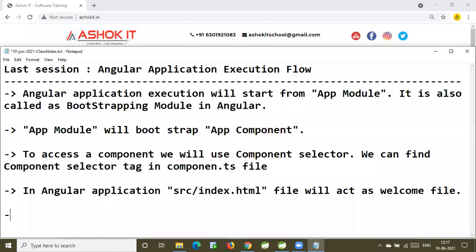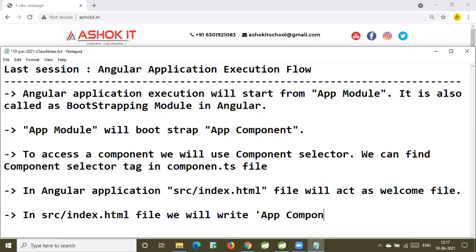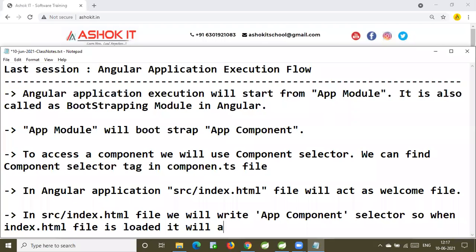In the index.html file, we will write the app component selector. So when the index.html file is loaded, it will access the app component.